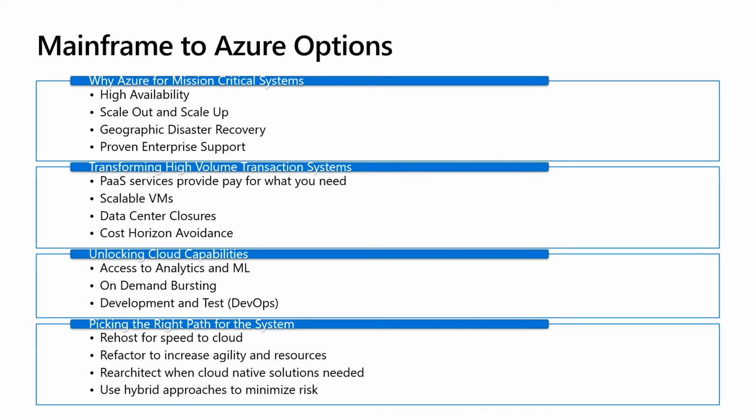But you can also take and run that across geographies. So we have geographic pairing, if you will, that can take place within the region such that you now could actually fail over to another region if you had some kind of a disaster within the region that you're working with.